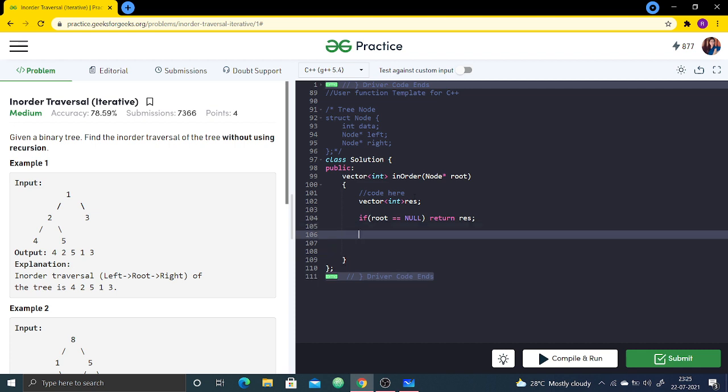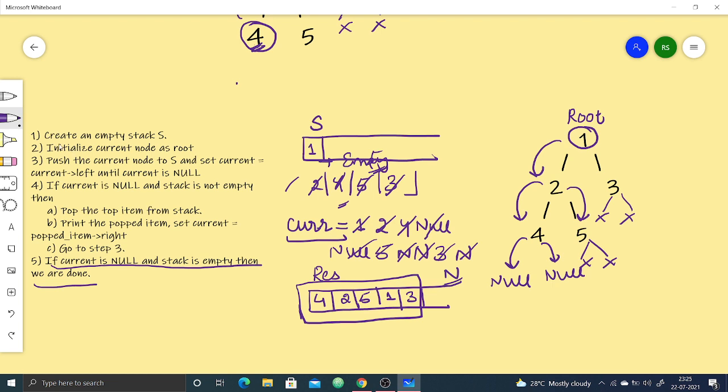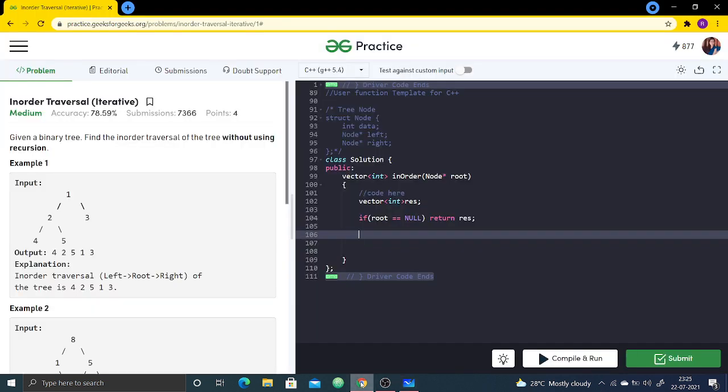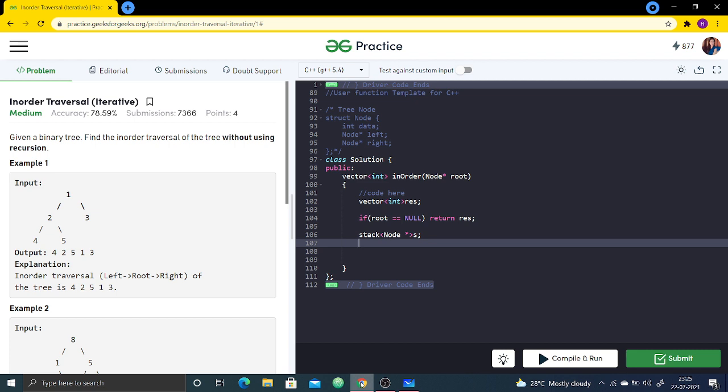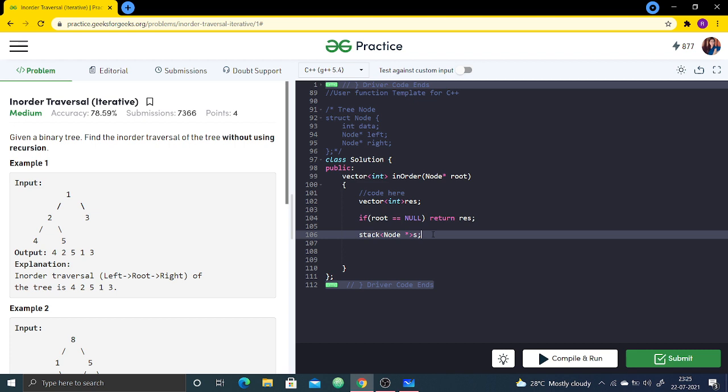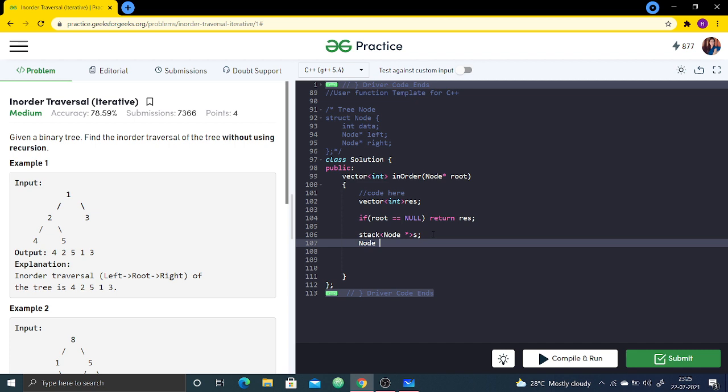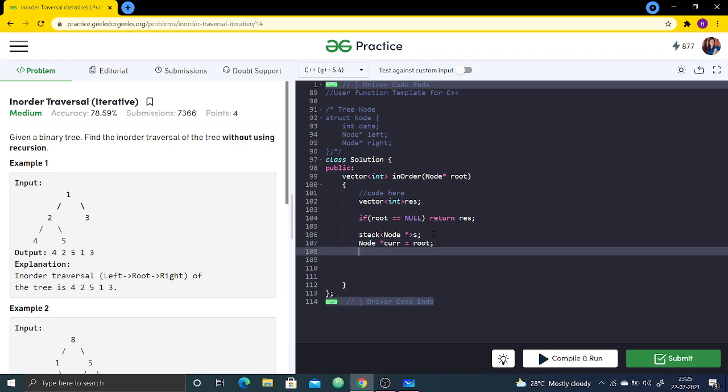Now what else did we do in the algorithm? We created an empty stack S. So let us create an empty stack. Now the stack would hold the address of all the nodes, so that's why its type is not int, it is node. After creating the stack, let us initialize another variable current and give it the value of root.